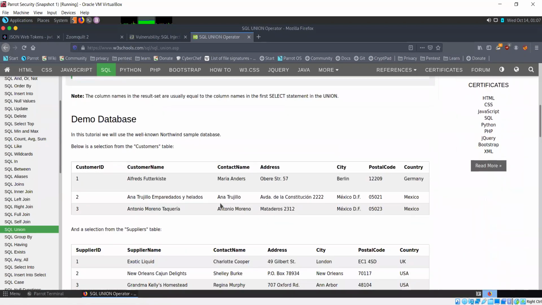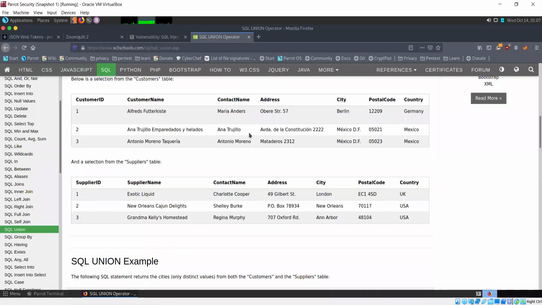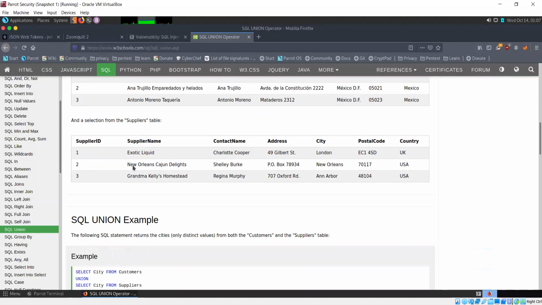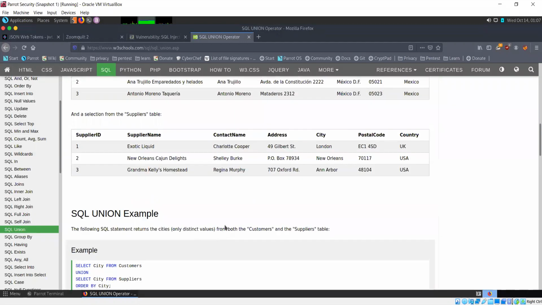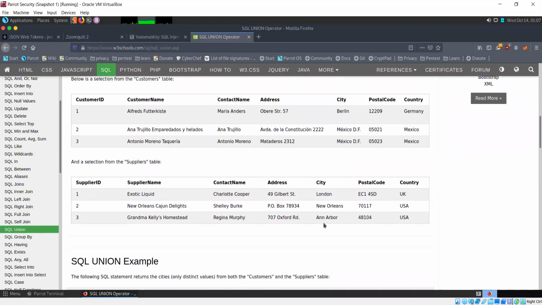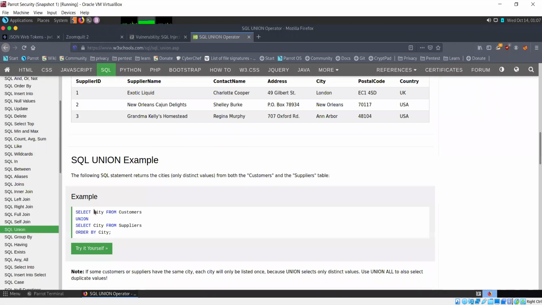Now this is a sample database that they have taken. They've done SELECT city FROM customers UNION SELECT city FROM suppliers. So all the cities in both the tables will be shown as one column. Since there is only one column here, the result is also going to be one column.